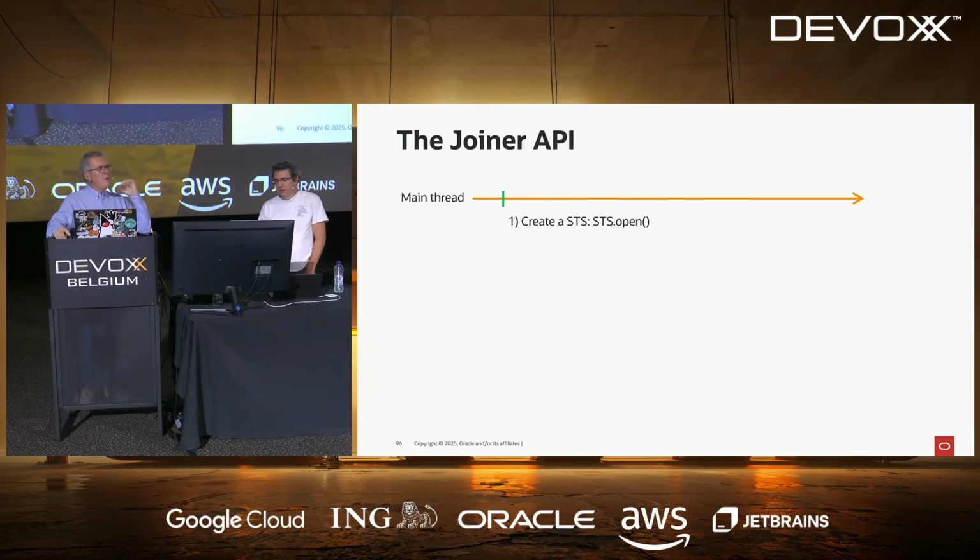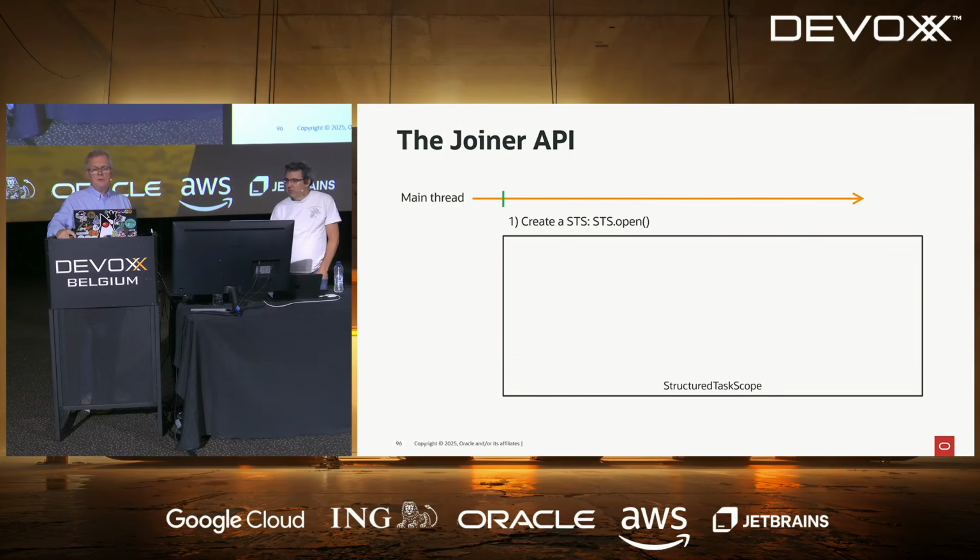So you have your main thread, that could be a virtual thread by the way, that is creating a structured task scope object. So the structured task scope object is created, and once you've done that, you start forking tasks. You have passed a joiner to this open method. It should be on the slide. It's not. That's a mistake. So you fork a